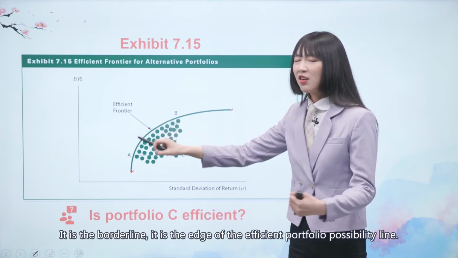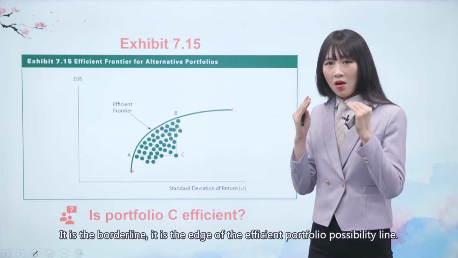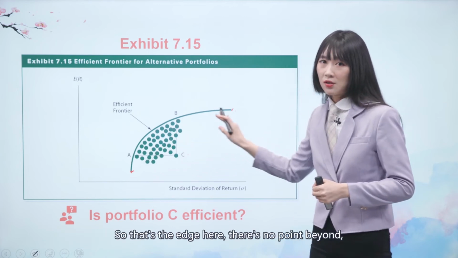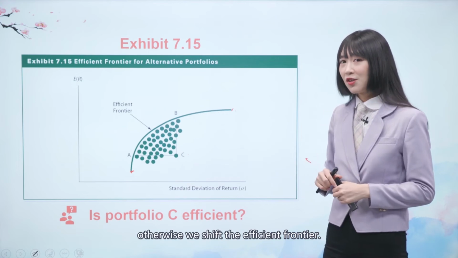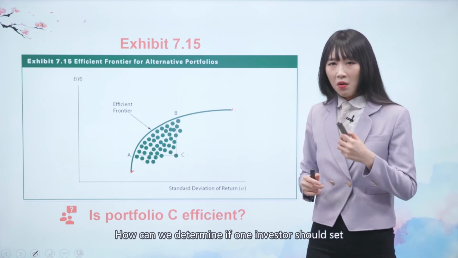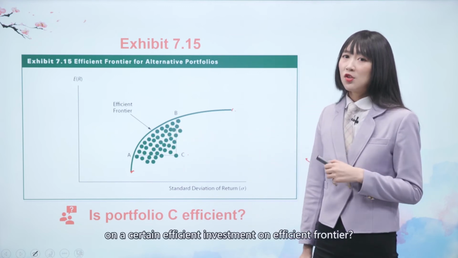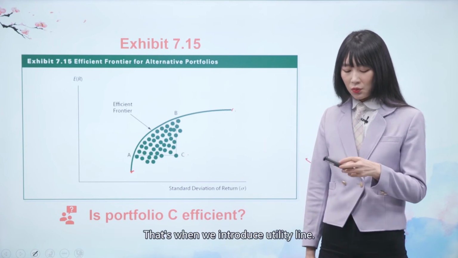It is the borderline. It is the edge of the efficient portfolio possibility line. So that's the edge here. There's no point beyond. Otherwise, we shift the efficient frontier. Now, how can we determine if one investor should settle on a certain efficient investment on the efficient frontier? That's when we introduce